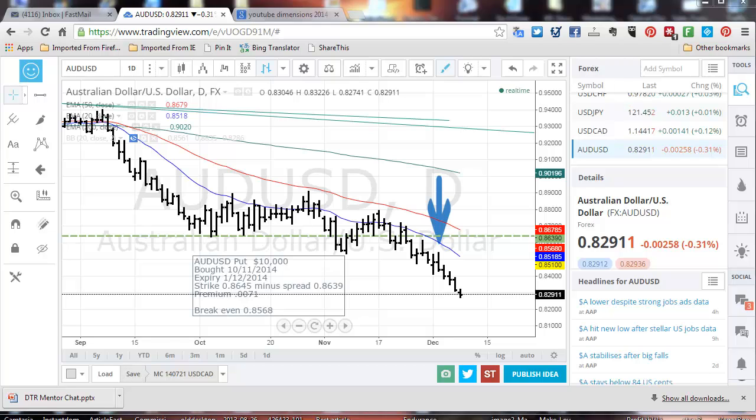What I have here is an Aussie US chart for an Aussie US dollar put contract. The face value was $10,000. It was bought on the 10th of November. The expiry was the 1st of December, so the exercise date was the 1st of December or the 2nd of December, because that's the trading day. That's indicated by this big blue arrow. The strike price was 86.45. Do need to subtract the spread, so the entry price for the trade was 86.39 in this particular case, and the premium I paid on this contract was